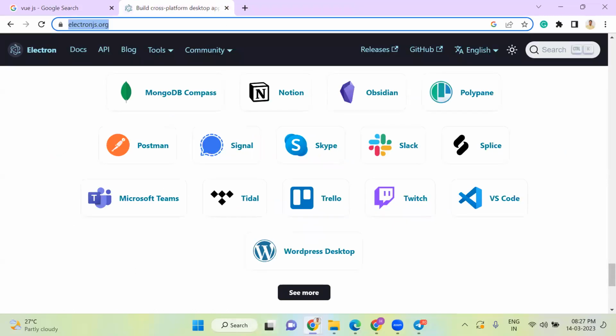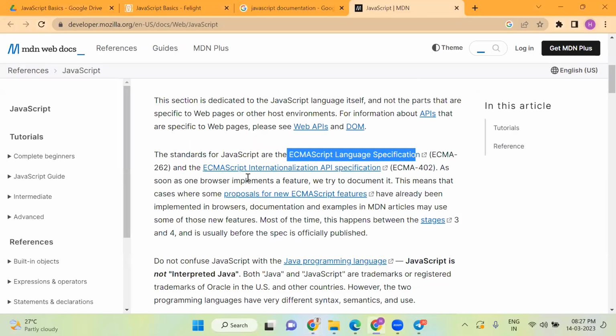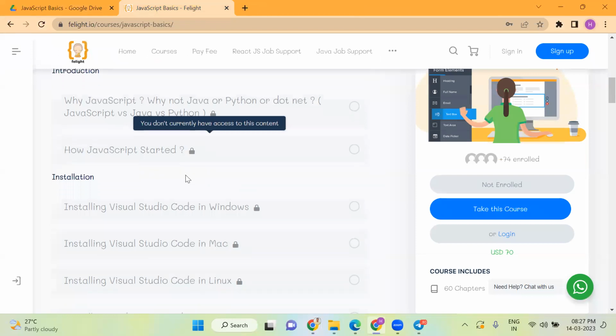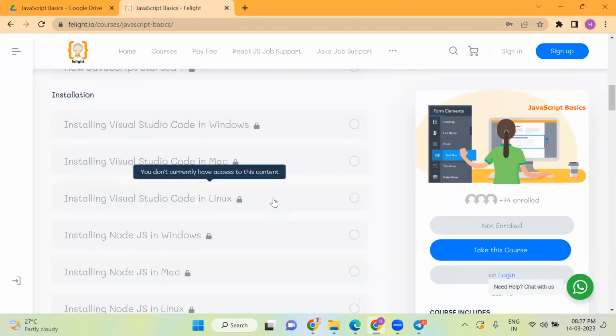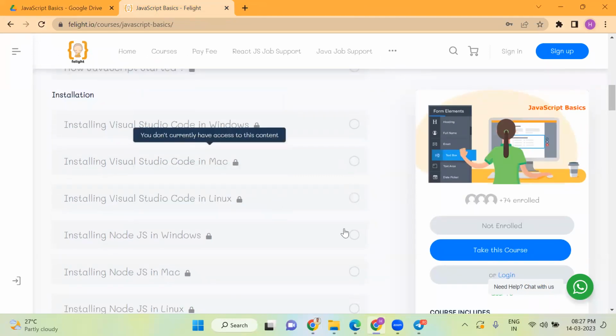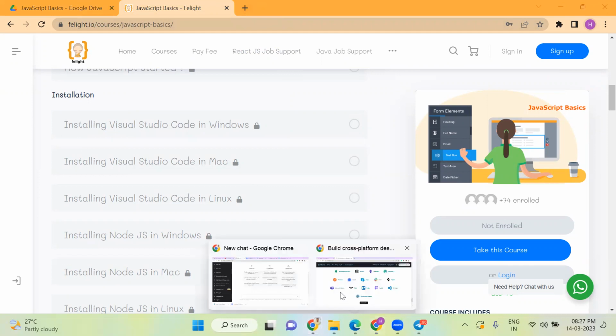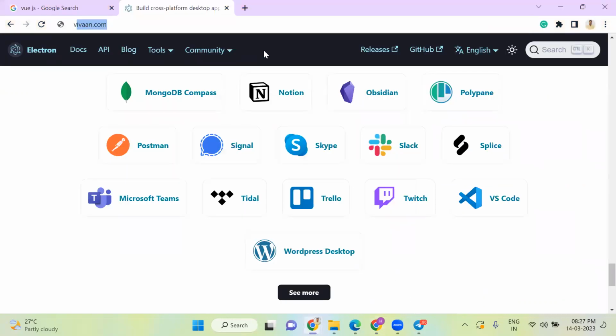So now we'll be using Visual Studio Code. Just download Visual Studio Code and install it. Have you guys already done it? Hello? Yes.